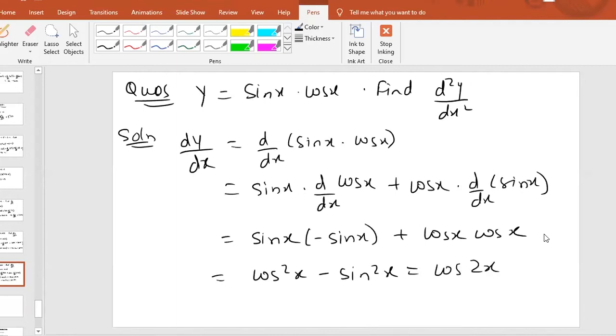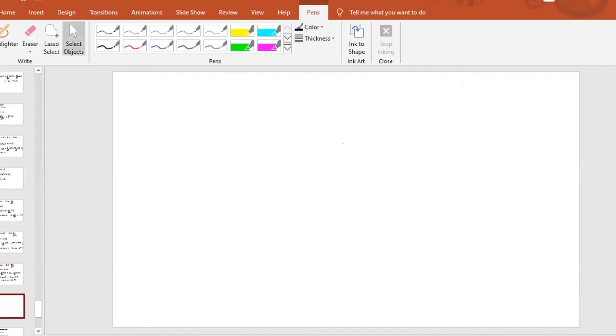For the time being, we are leaving this problem here itself. I'll go to the next concept, then we will be able to differentiate this. I'll come back to this problem and then we'll solve d2y by dx square. For the time being, just understand that dy by dx will be equal to cos of 2x. Now from here itself, we got the next concept. Now what is next?